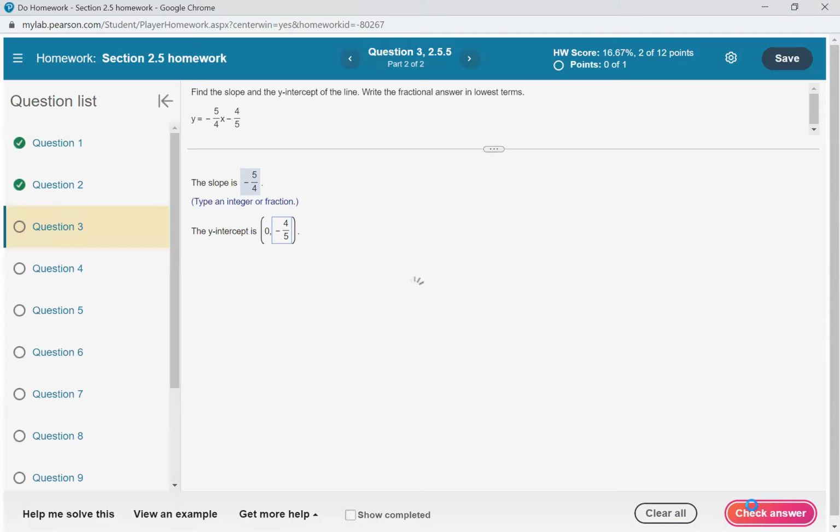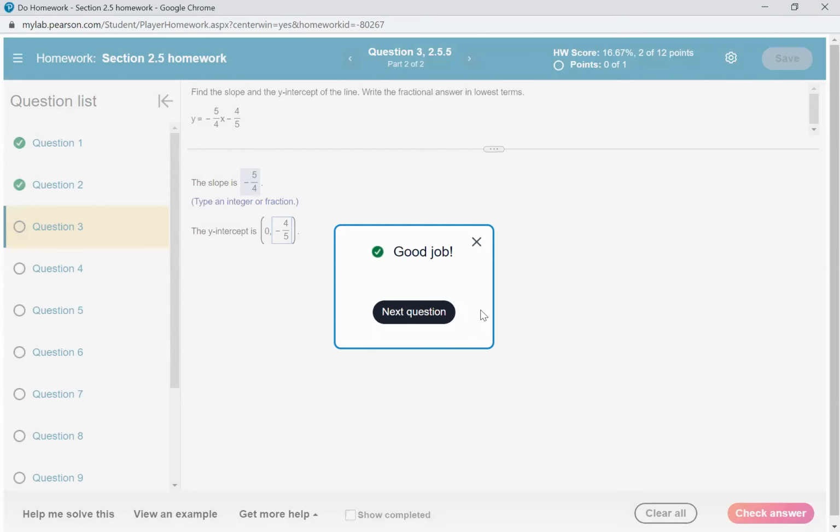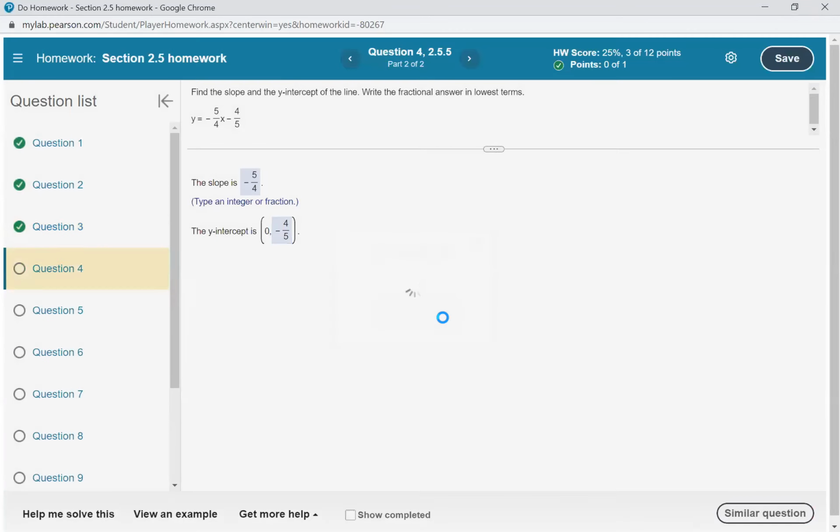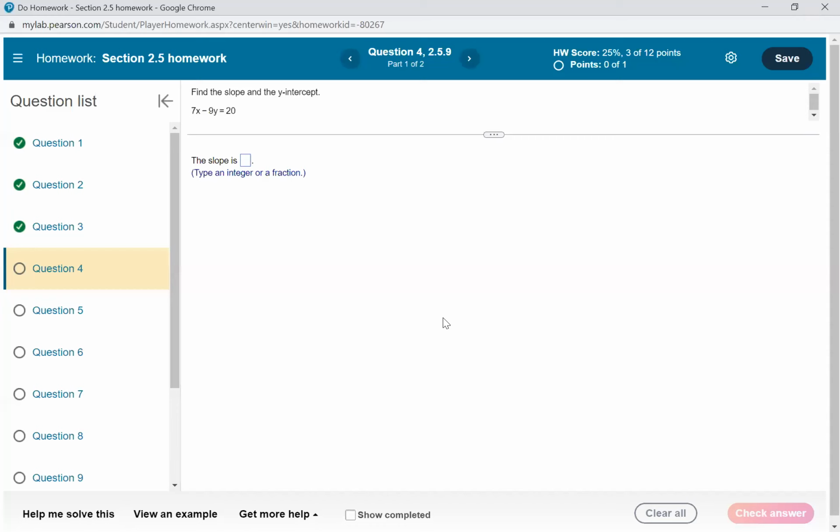Now, here's what we do to mess you up. So let me write this one down, y'all. So this is what, number 4? We have 7x minus 9y equals 20. And then they're going to want the slope and y-intercept. So the trick on this one,